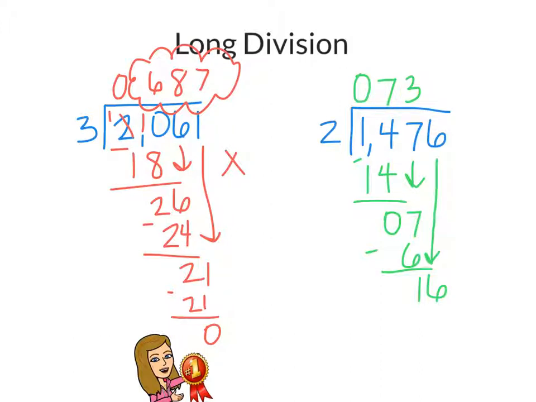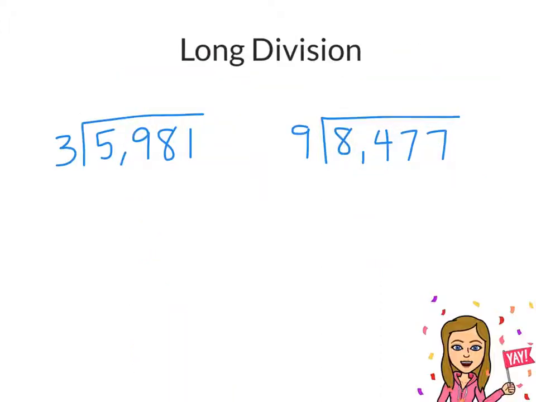This will work out perfectly as well because 2 times 8 is 16. So no leftovers and no more to bring down. So our final quotient is 738. I have a few more examples to try and show with you, and then you will try it on your own. So this one is